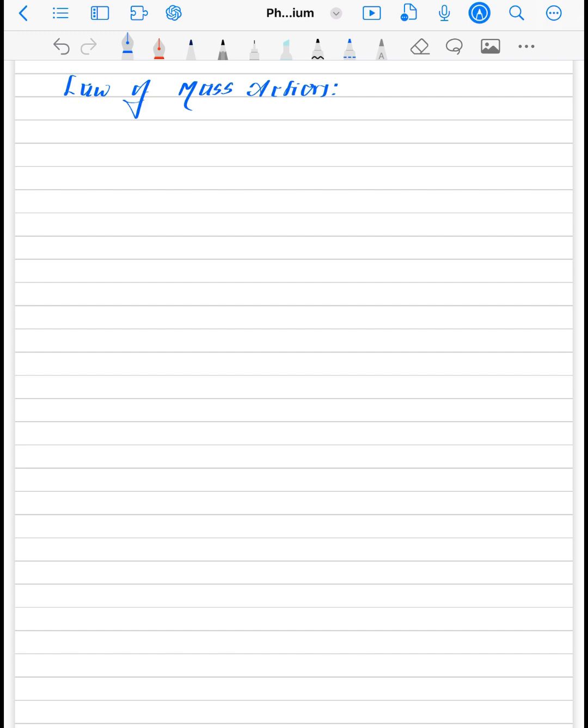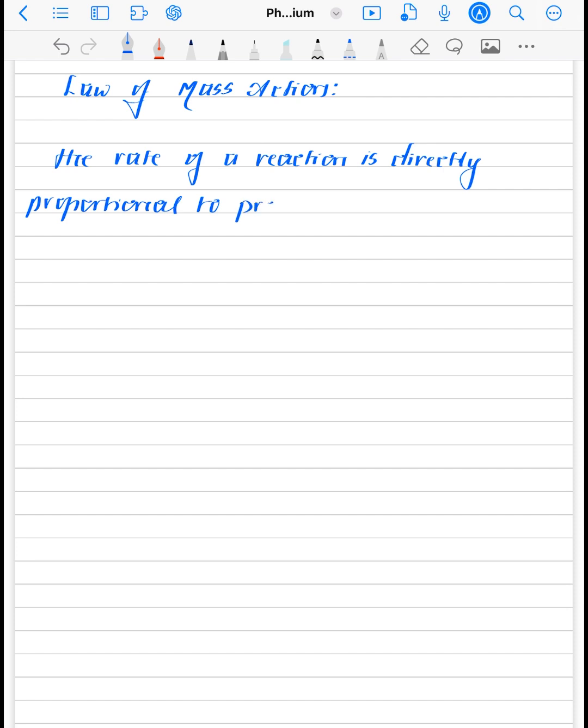According to the law of mass action, the rate of a reaction is directly proportional to the product, where product here refers to multiplication, of the active masses,